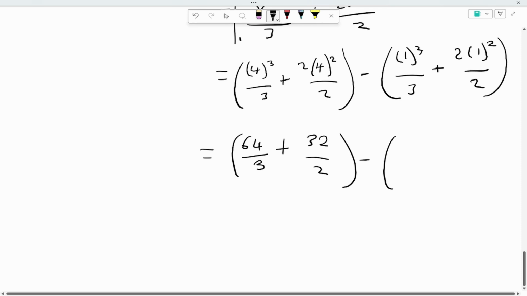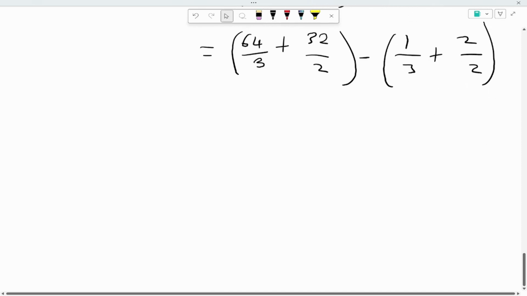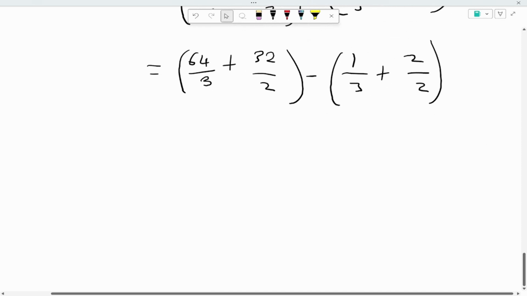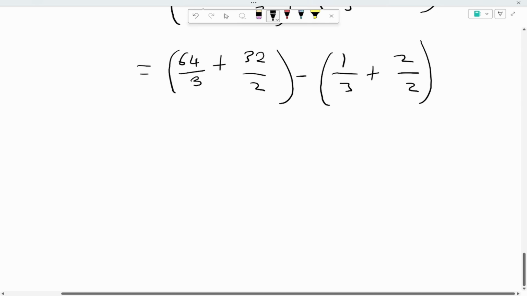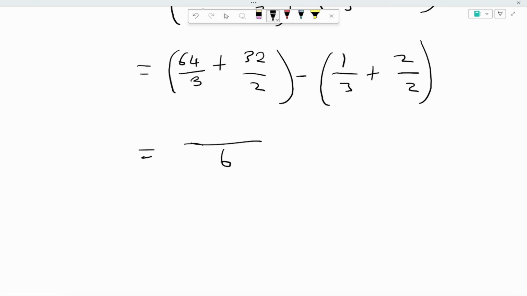1 raised to power 3 is 1 all over 3 plus 1 raised to power 2 is 1 times 2 is 2 all over 2. Please, you can still leave it this way so that it will make your calculations easier. Now, of course, the concept of LCM will come again. You have 3 and 2, which will still be 6. So you can do this now. What do you have? 6